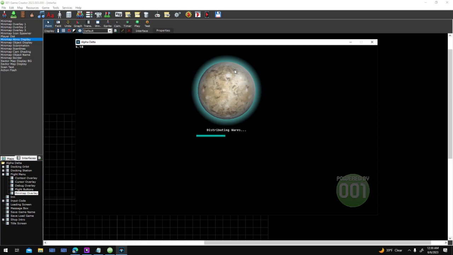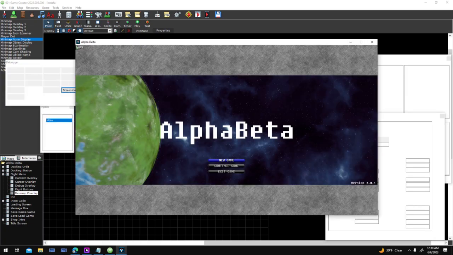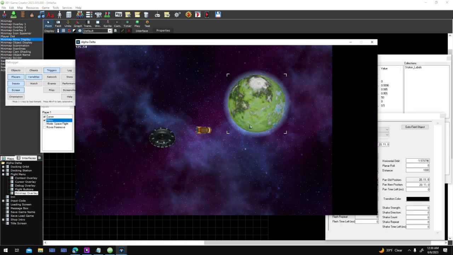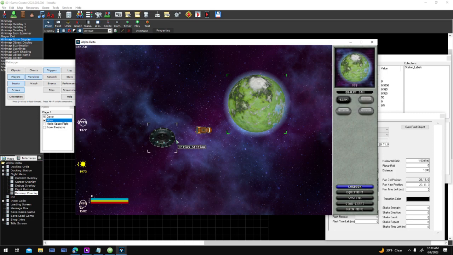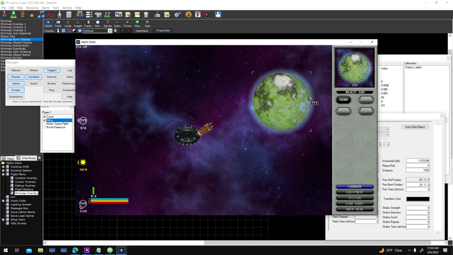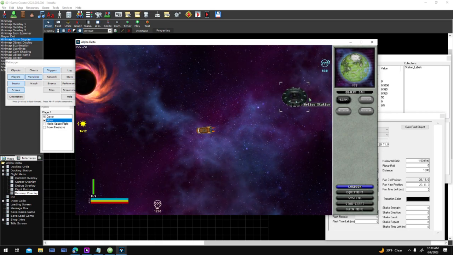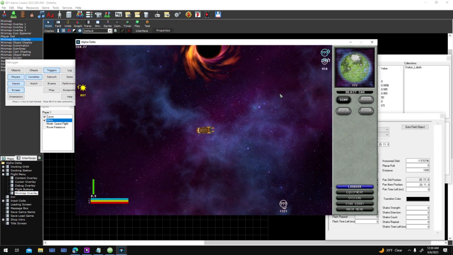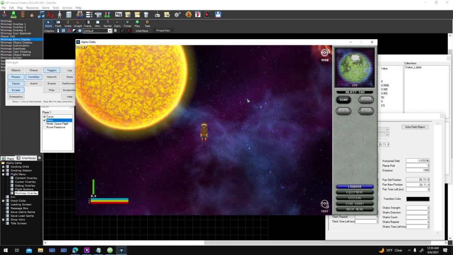I kind of want to show you guys how to set up stuff like this. Whenever you click on an object, you see it pop up in this top corner, and they all have kind of a uniform size. And then when you click on these, you see also this atmosphere layer. If I turbo my way over to the sun here, there's my cool little black hole. The sun,